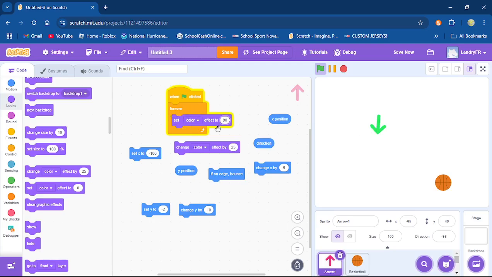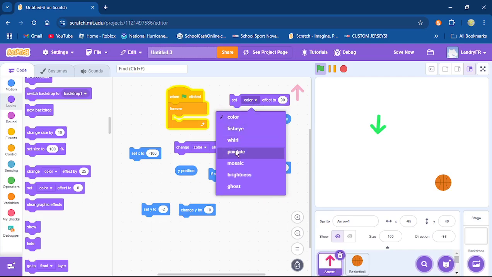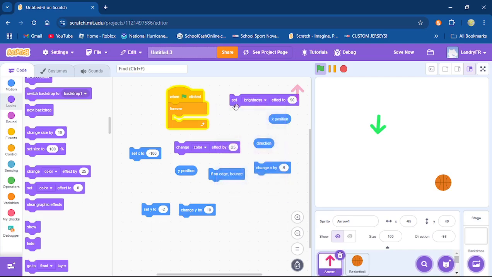So you have to control and manage your time, and I did that visually. This would be the way I did it. I did it with a color effect. You might have another way to use this, but that's the way I use it. So again, we're going to now switch this. We're going to check out the brightness effect.